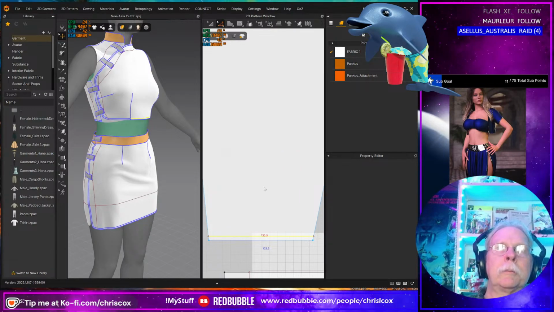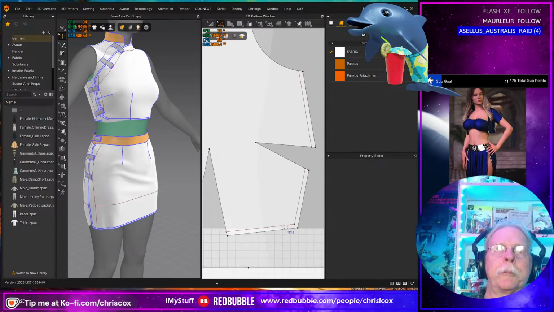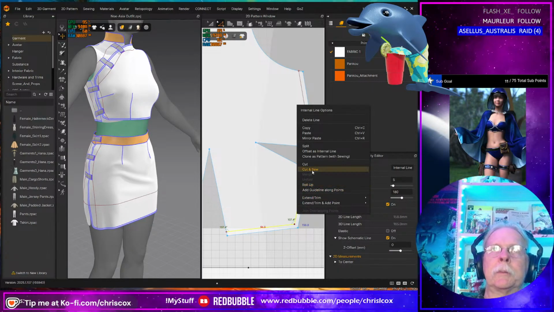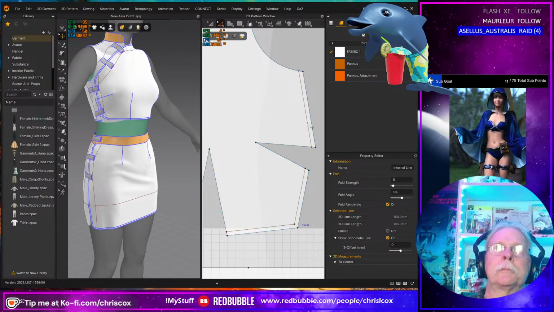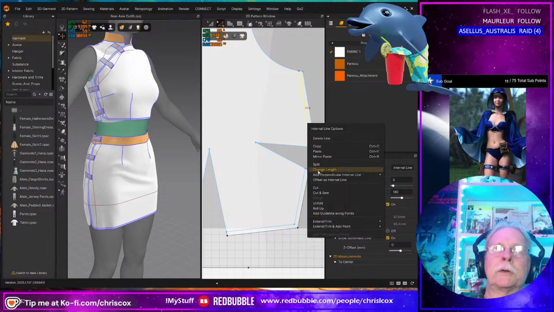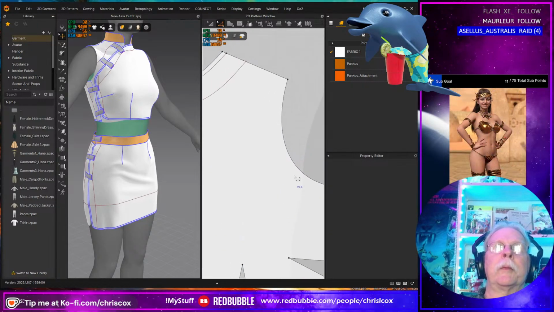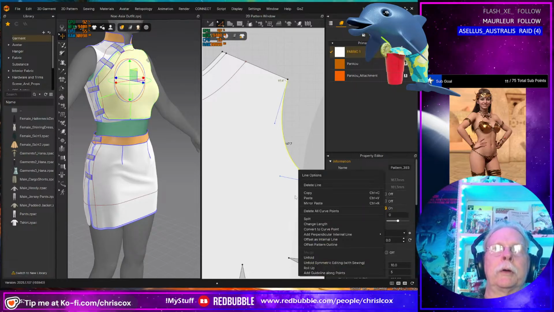Moving along. Hopefully I can cut and sew that. And cut and sew that. And then what I want to do is put an internal line in here.